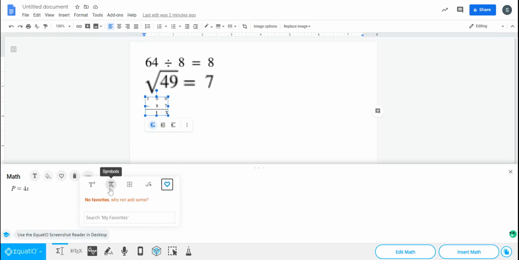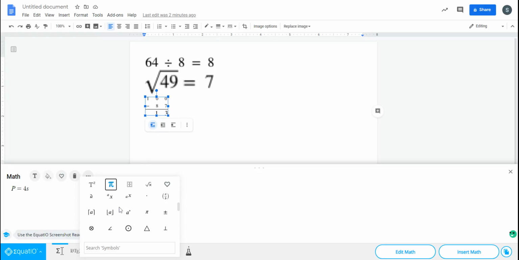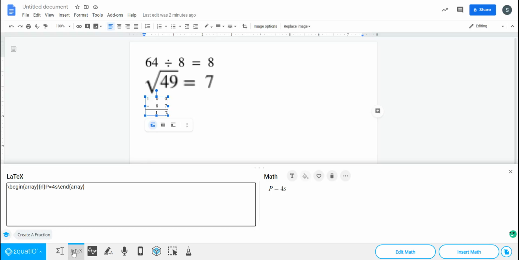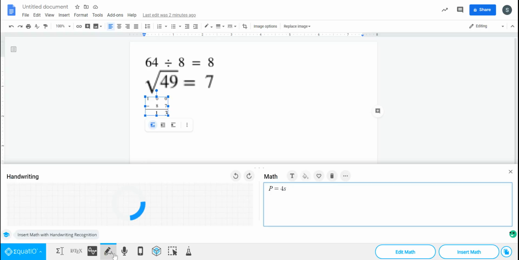So again, this does reduce the complexity of having to insert different types of symbols into your Google Doc with math. The different ones on here are kind of like the HTML version of this. This is a good feature too. If you're having difficulty locating particular formulas or making certain symbols, you can actually do this with